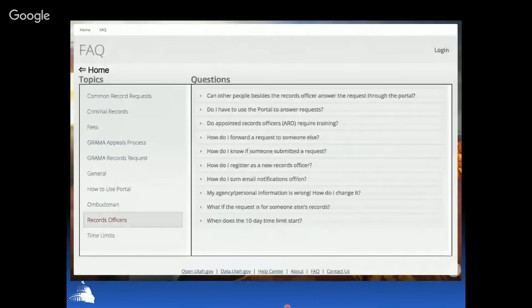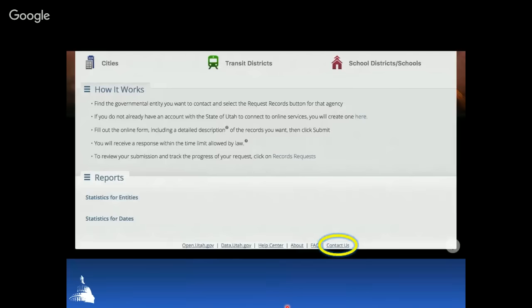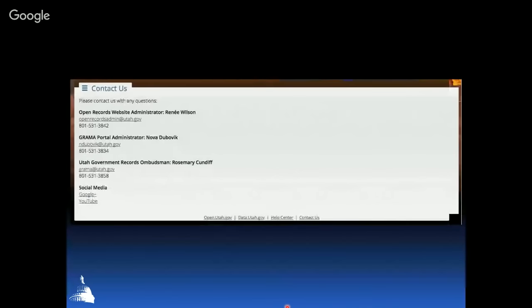We have a lot of questions that you may want to know the answer to, and you can search there and find a lot of good answers. And then contact us. If at any time you have any questions, please contact us. Our information is online, and it's also in this presentation. These slides will be available online, and we love to hear from you.